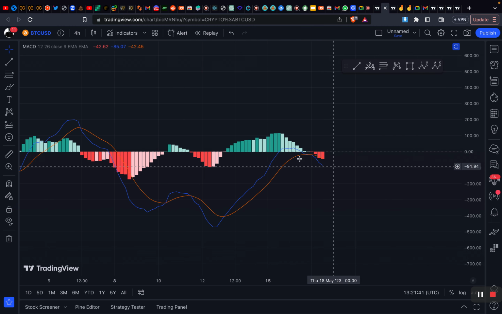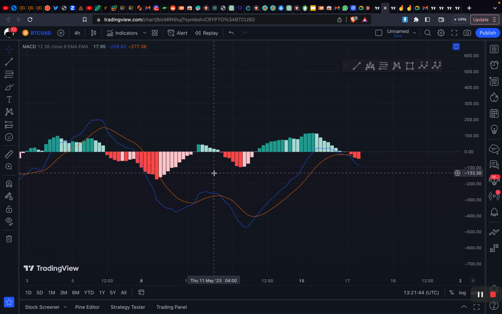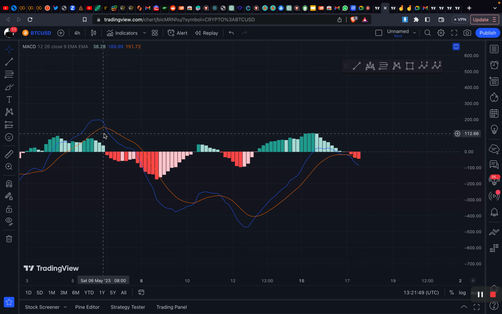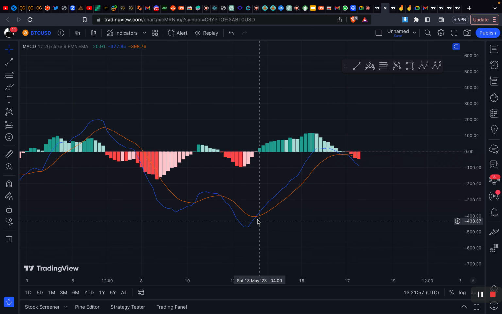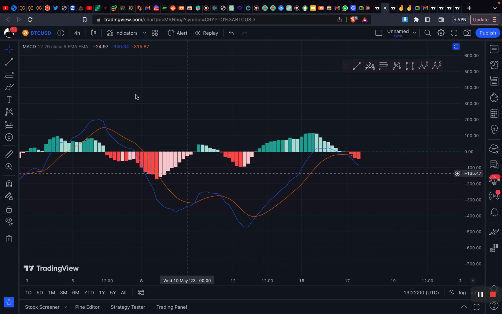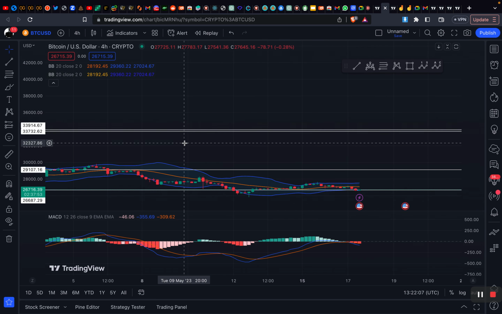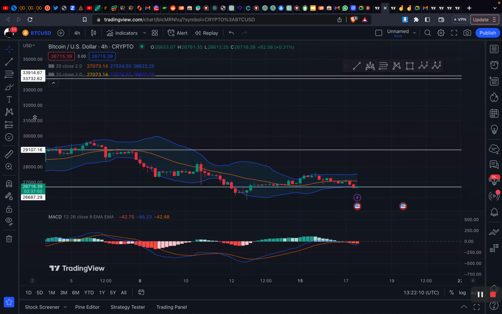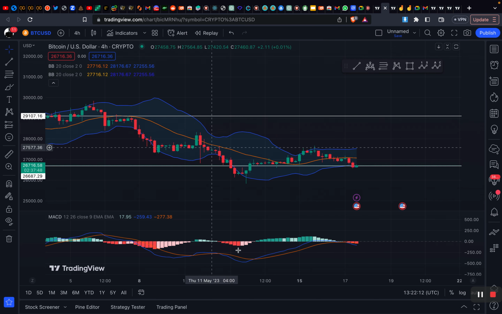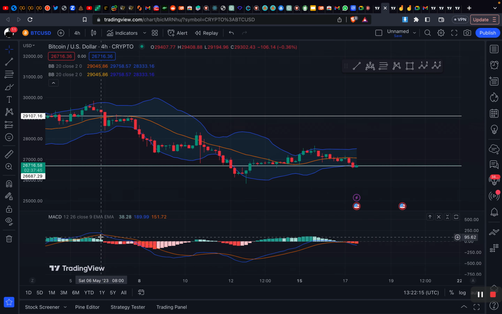So the MACD has two lines. One is a blue line, one is an orange line. Once this orange line is about to cross to the top, somewhere here now, you get out of the market. Once this orange line is about to cross to the bottom, somewhere here now, you would enter into the market. If you look at this chart very well, you notice that when the MACD wanted to cross to the top, which was somewhere here, you should have gotten out of the market,